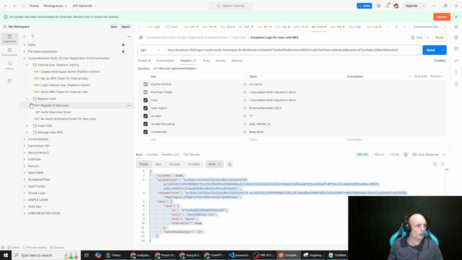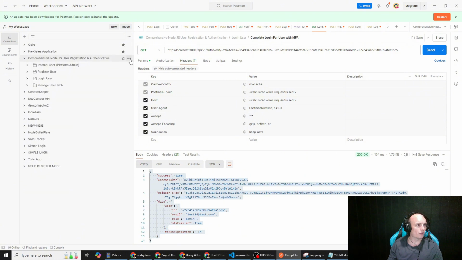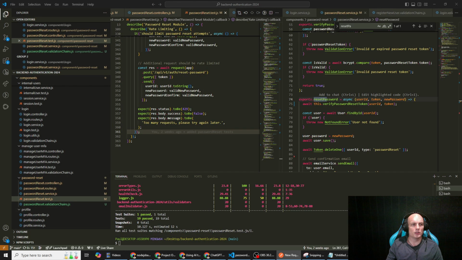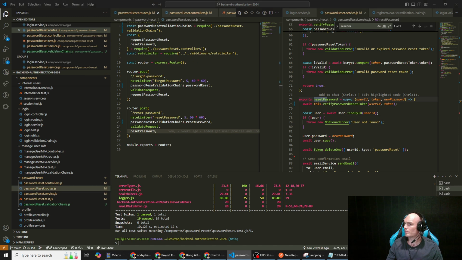So I know this is getting a little bit of a mess, so let's go new folder. We'll call this reset user password, and we'll add a request. So the first one obviously is going to be forgot password. Now for this you don't need to be authenticated for any of those, obviously. So forgot password,